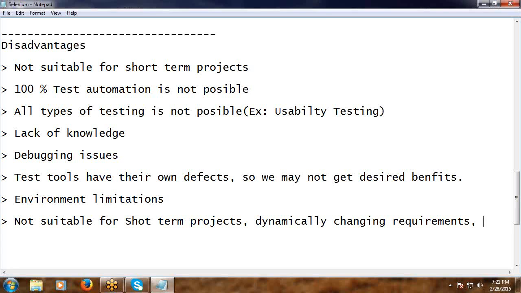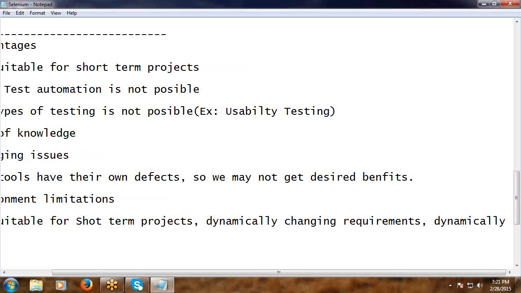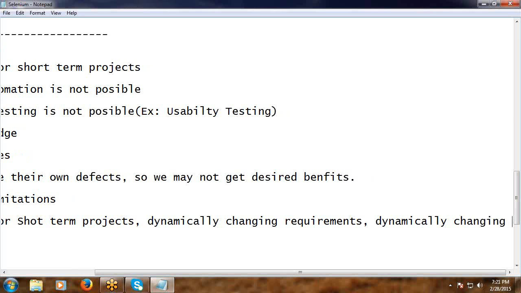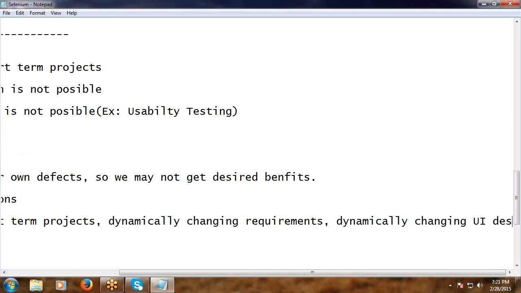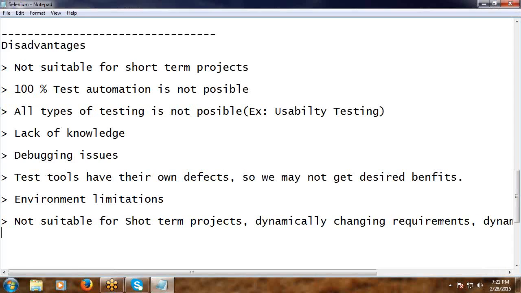Next, dynamically changing UI designs, that is, user interface designs. Okay, these are the important disadvantages of